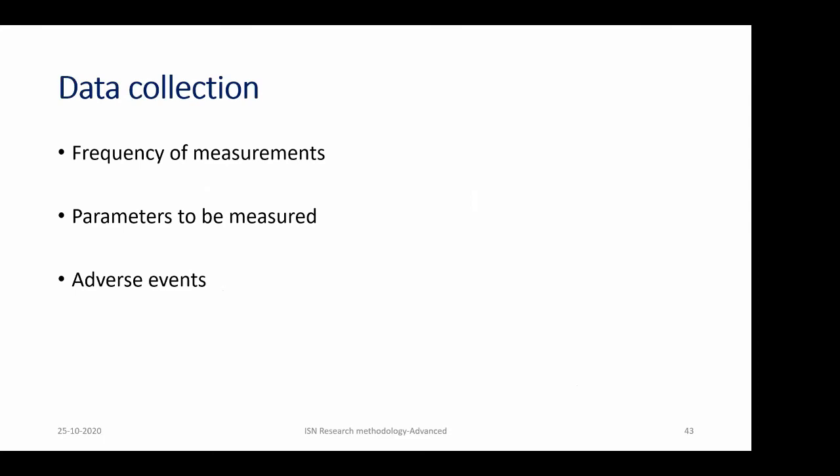Now, once you have decided on the other things, you should decide the frequency of data collection, how you are going to measure. Here we will be measuring creatinine and proteinuria. So this is an 18-month study. So obviously there should be a baseline sample, there should be an exit sample. And again, it is up to the investigator to decide whether you should have intermittent samples measured. And any adverse effect noticed during the trial also should be reported.